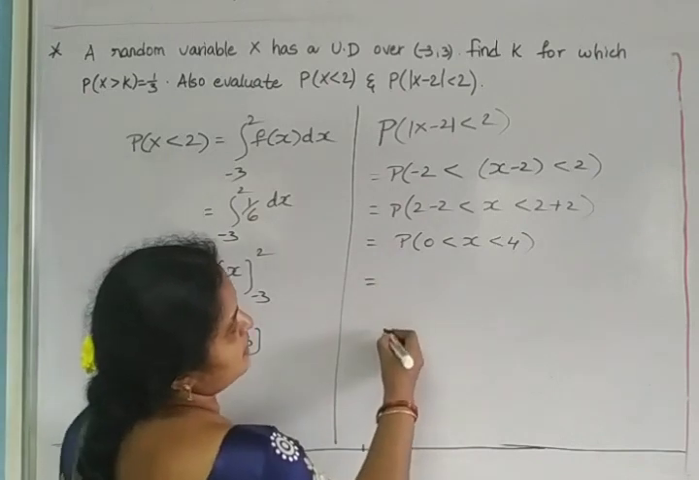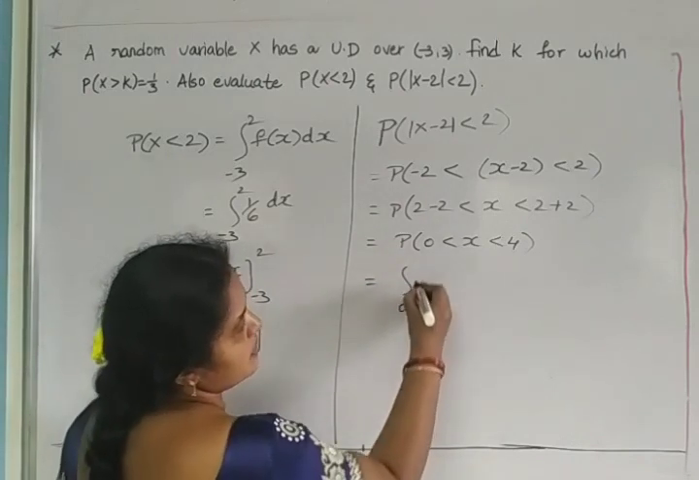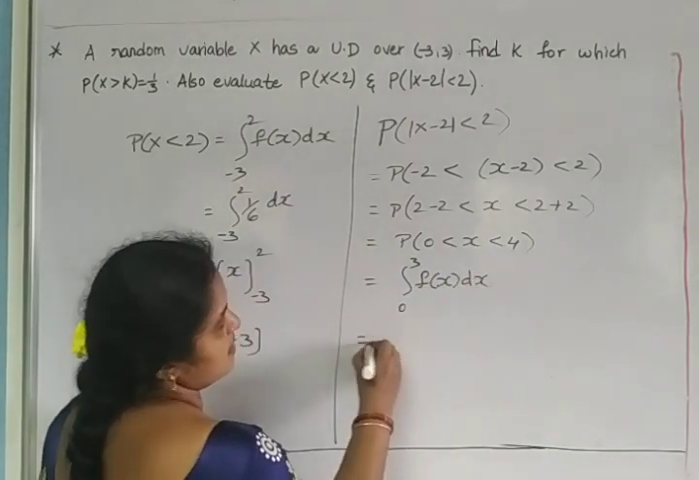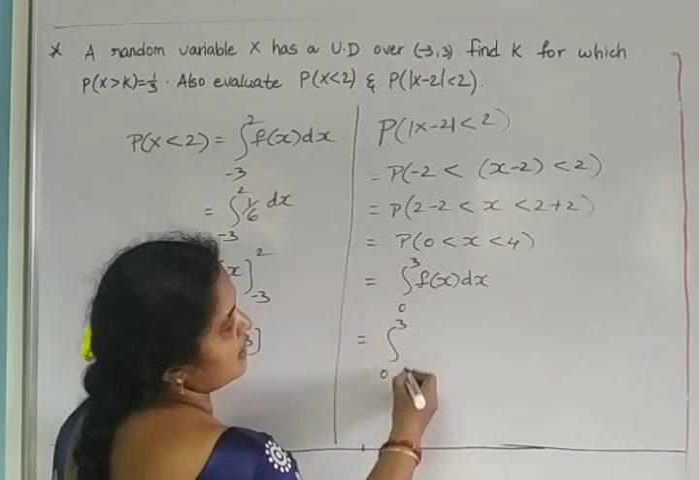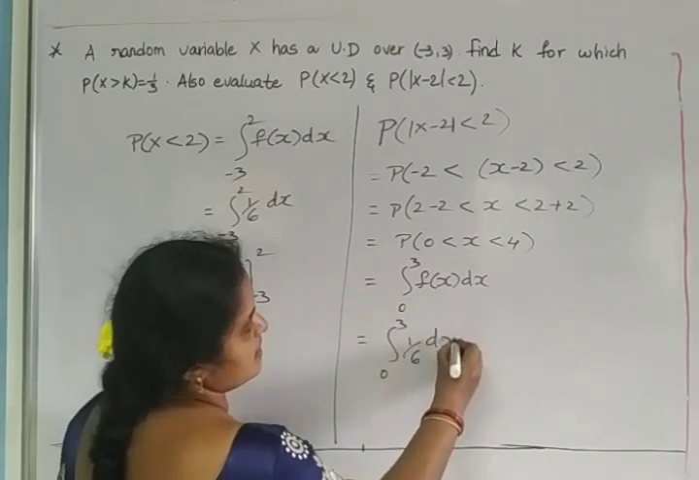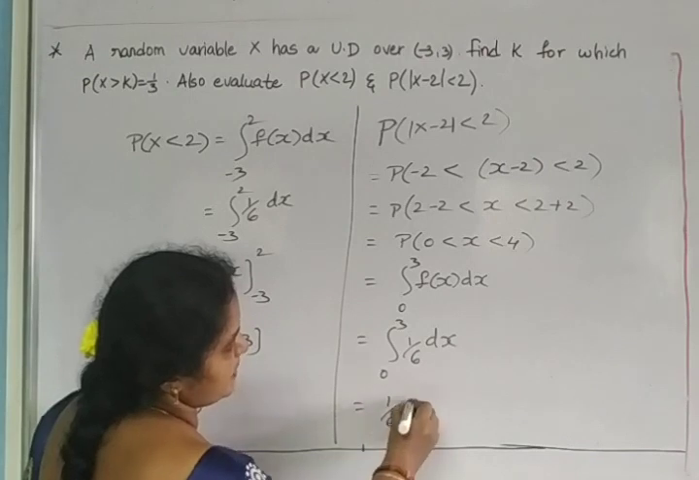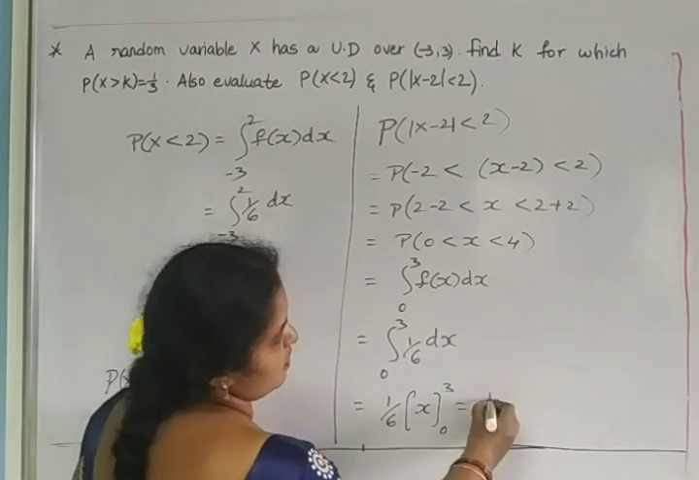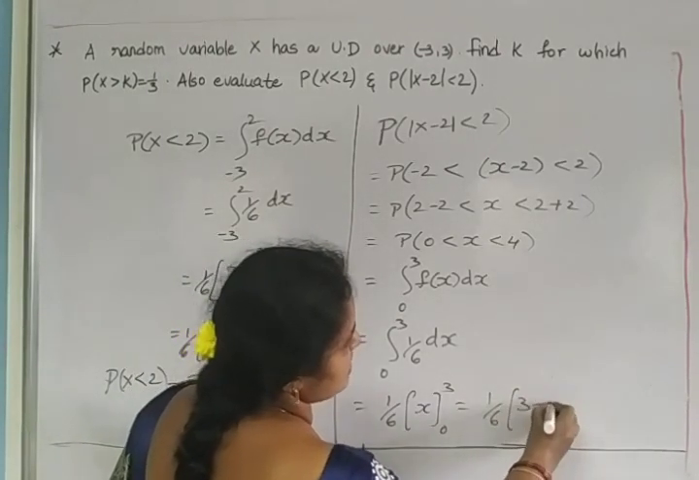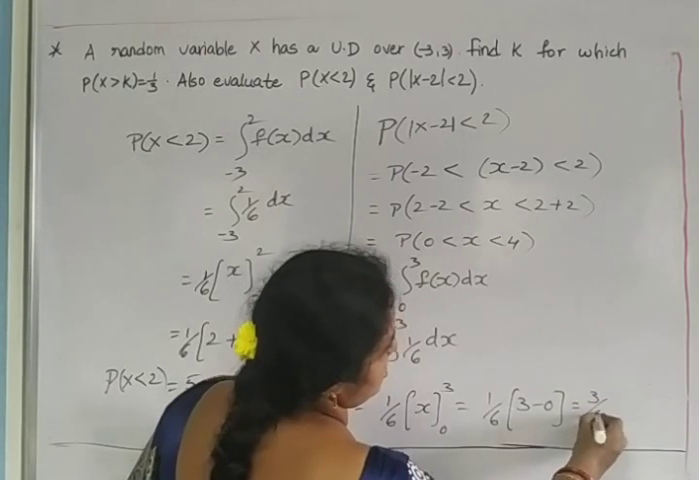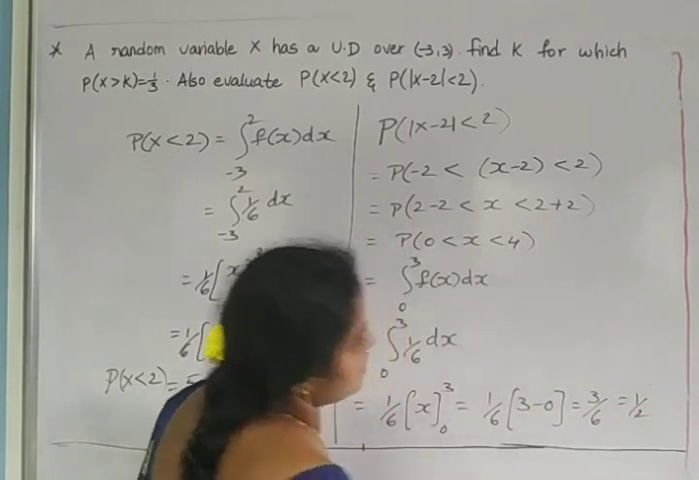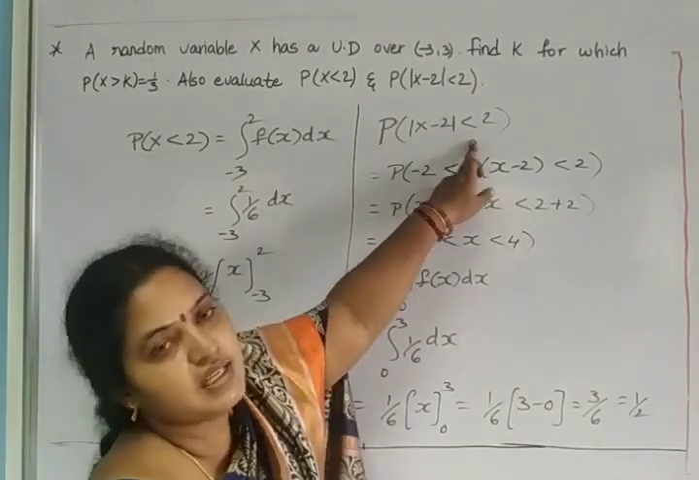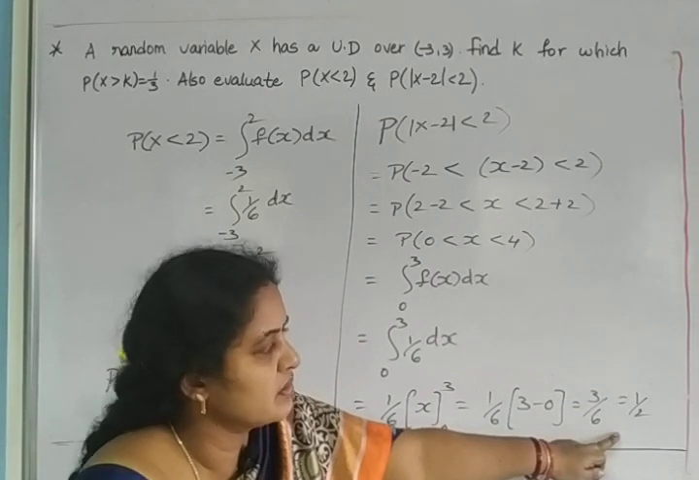So this is equal to integration 0 to 3 f of x dx, which implies integration 0 to 3 1 by 6 dx. So 1 by 6 into integration dx is x, limits are 0 to 3. So 1 by 6 into 3 minus 0. So it is equal to 3 by 6 equal to 1 by 2. Therefore probability of modulus of x minus 2 less than 2, that value equal to 1 by